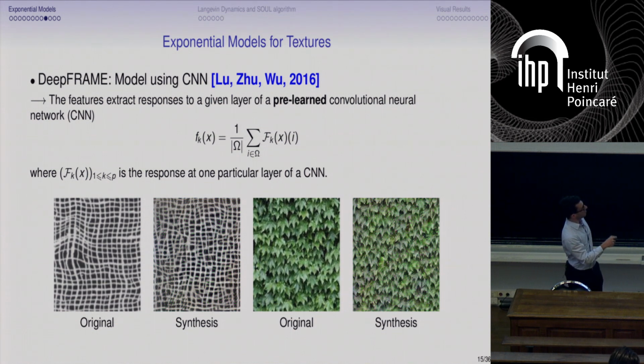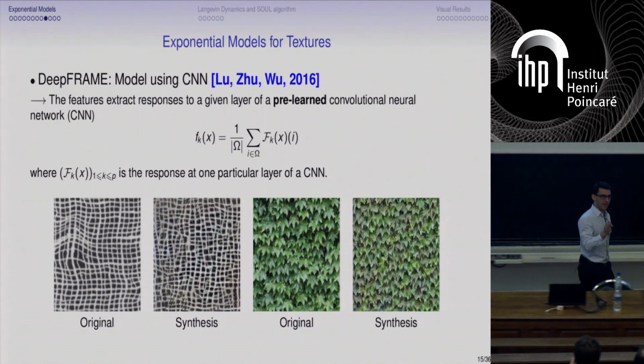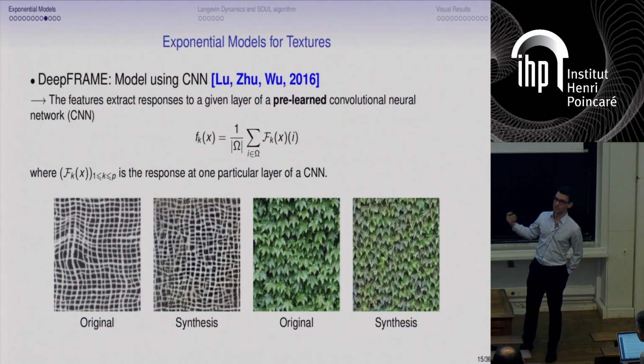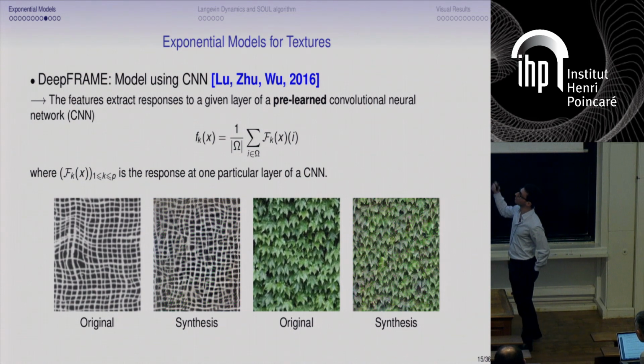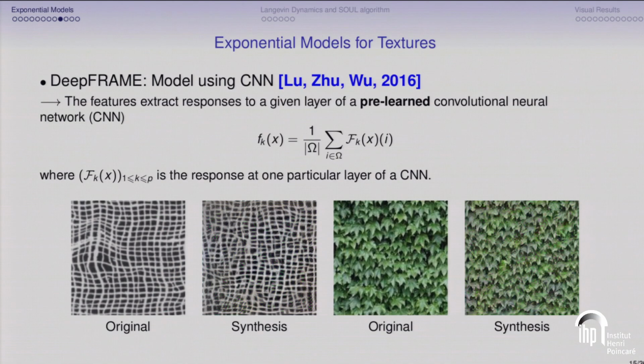As you can see, there are some scale problems because they use only one layer. And actually, I think they were not so interested in texture synthesis. They were more interested in more general image synthesis. So they proposed some variations of this model. But for texture synthesis, the results that they have shown are these ones.